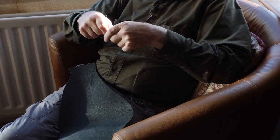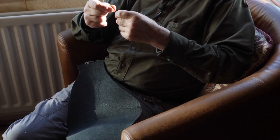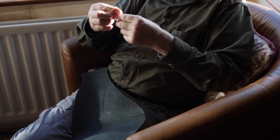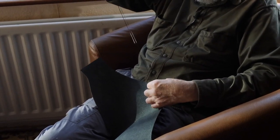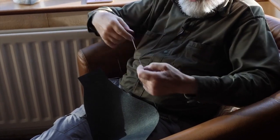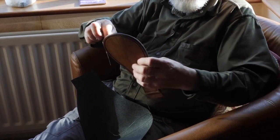Being all in one length, you can put a knot in the middle of it. It makes life easier somewhere because you just pull it through and you hit the knot. And if you do that, if you just have a single thread, you've got to...